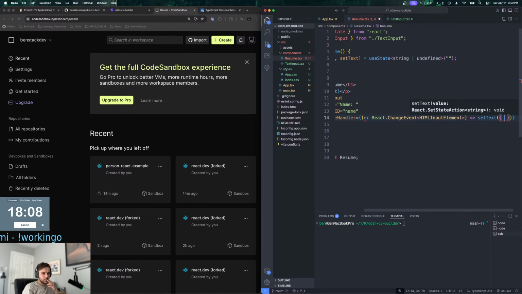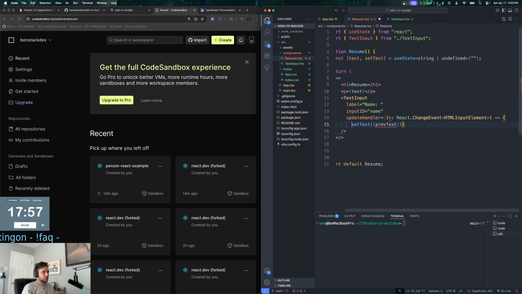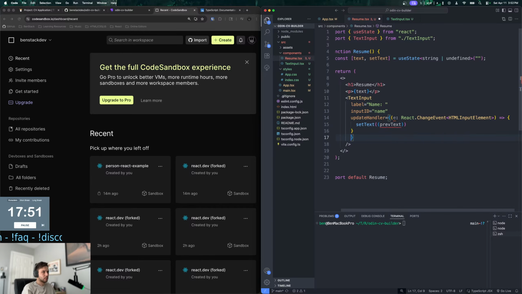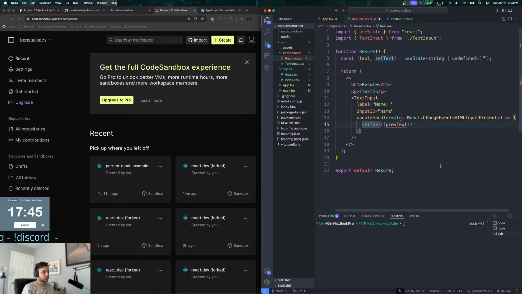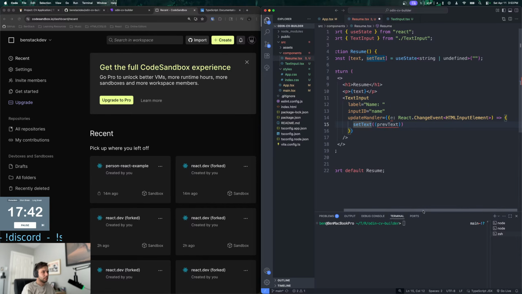Like, would it be inside the set text, or would it be like prev text? Actually, I'm gonna do this like this. Just put it on a new line. You don't have to use the previous in this instance? Oh, I don't. Okay.